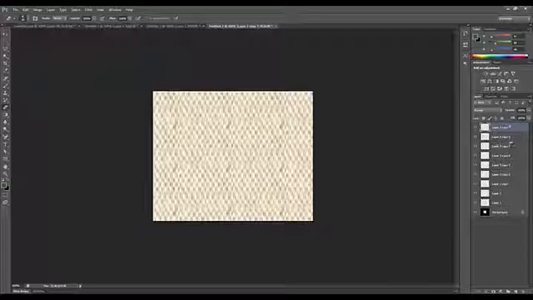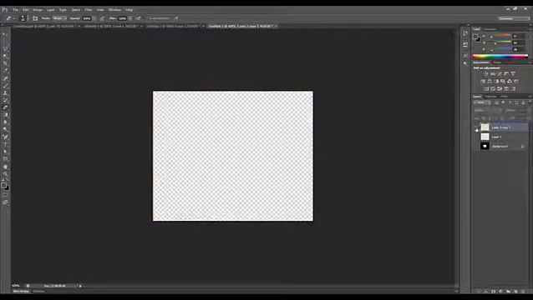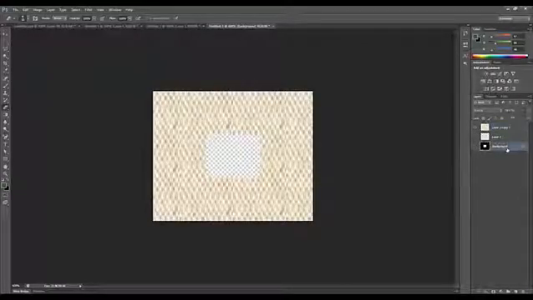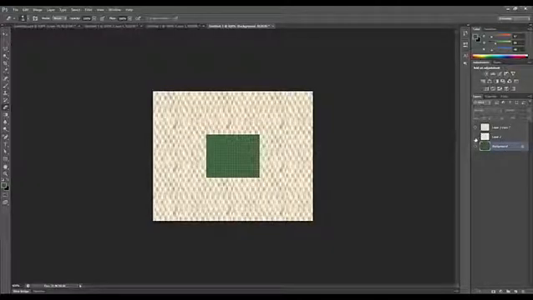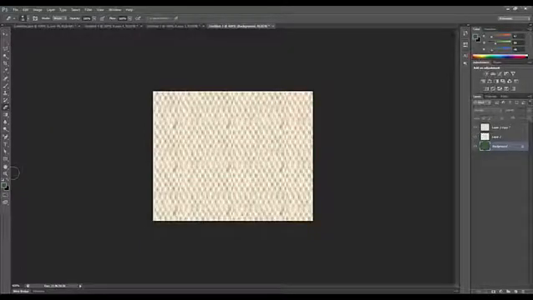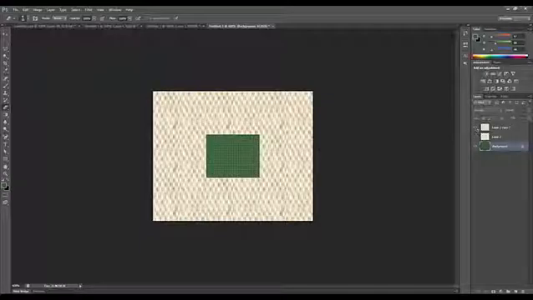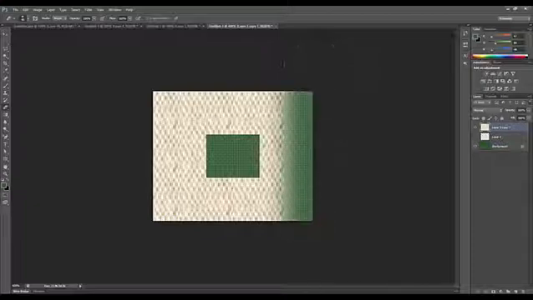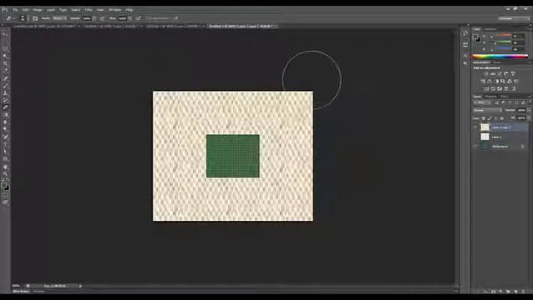Okay, and now I'm going to flatten all of them down except for the middle one, like that. So we've got the middle one, and we've got a load around the sides. I'll also just hide the background. I'll use green as the background colour just so you can see which is a tile and which isn't. There we go. Now, I'm going to do this bit by hand. I'm going to make the eraser brush bigger, and I'm just going to do this down the side of the tiles with the eraser brush. Like that, see?